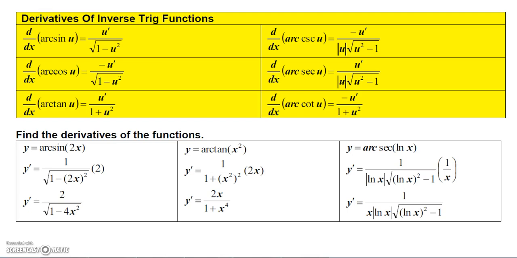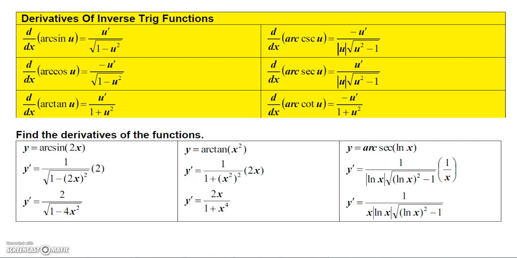Okay, so right now I'm going to show you how to find derivatives involving inverse trig functions. So here are the formulas, and if you need to memorize these, you can, but I allow my students to write them on a little cheat sheet for exams. Okay, so the derivative of arc sine of u is u prime over the square root of 1 minus u squared. Or you could say it's 1 over the square root of 1 minus u squared times u prime, but